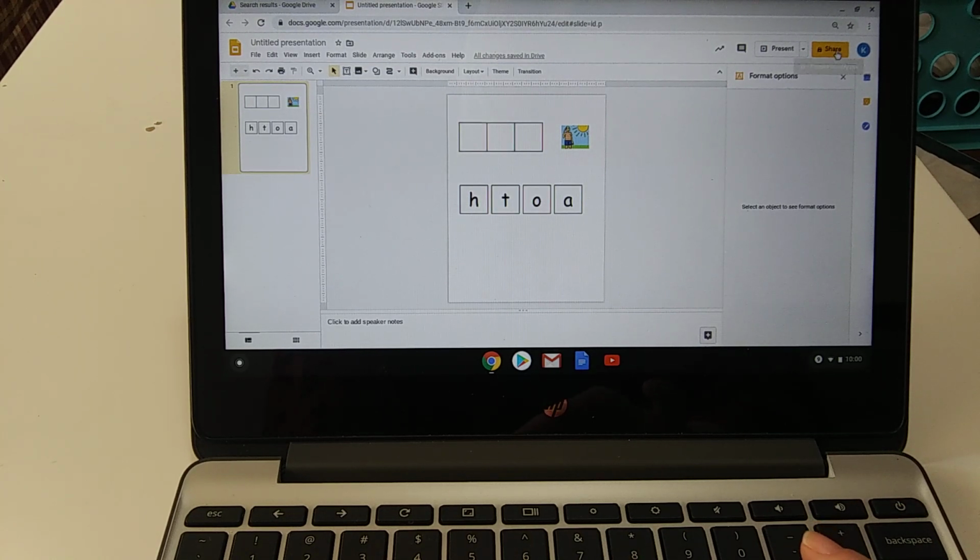But you would share it with the student, and the nice thing about Google Slides is when they are in the document, manipulating the document, if you have this same document loaded up on your screen, then you'll be able to watch them in real time. You'll be able to see, let's say they take the letter A for hot instead of the O, and they put the A in the middle. You'll be able to see that happening on your screen as they do it,